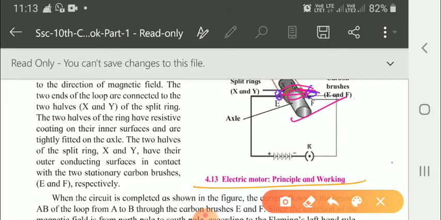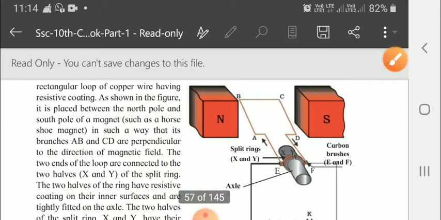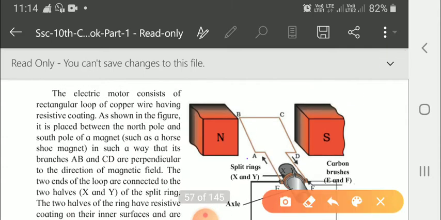Already I explained you. Now when the circuit is completed, the current flows in the branch AB of the loop, and it goes from A to B. So wait, let me show you here. So it is going this way, in this direction. Now